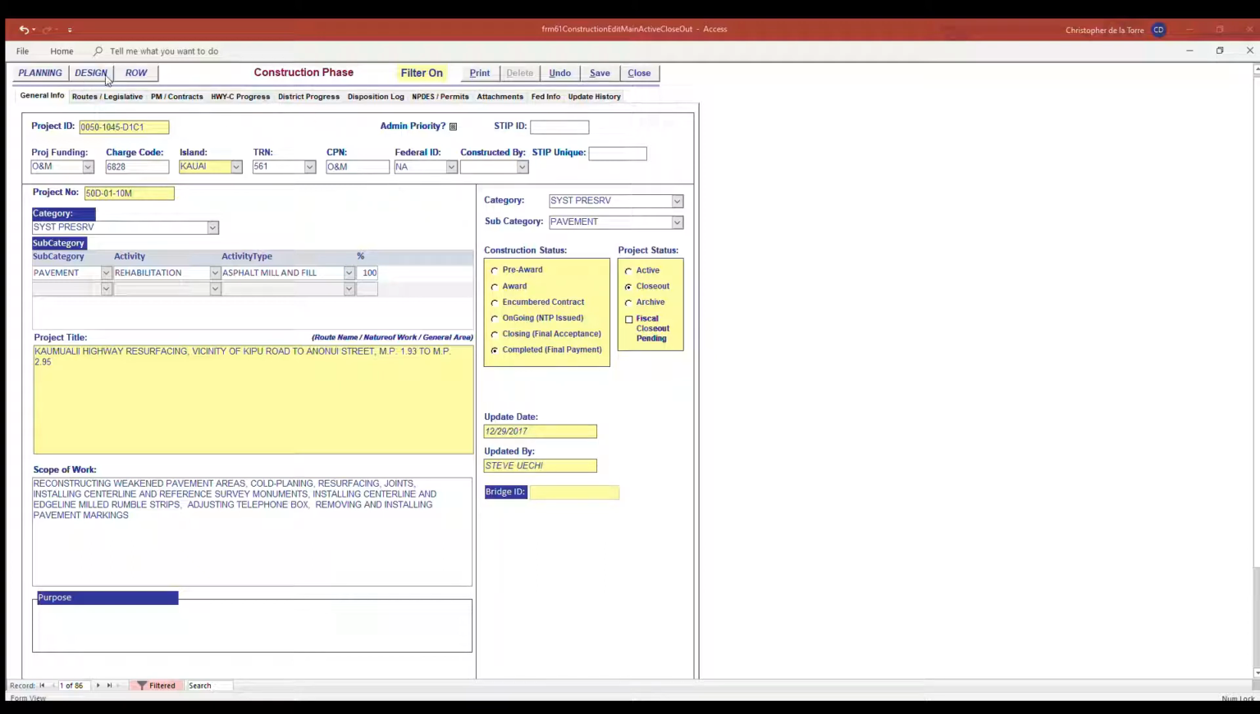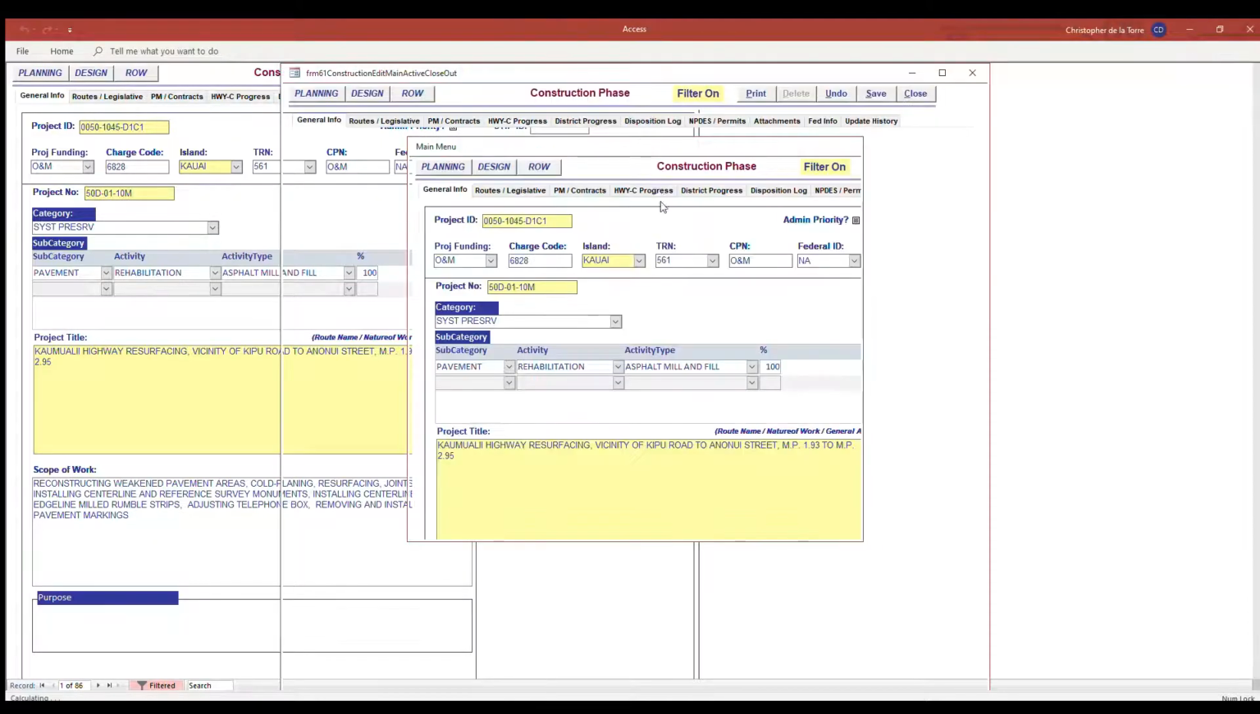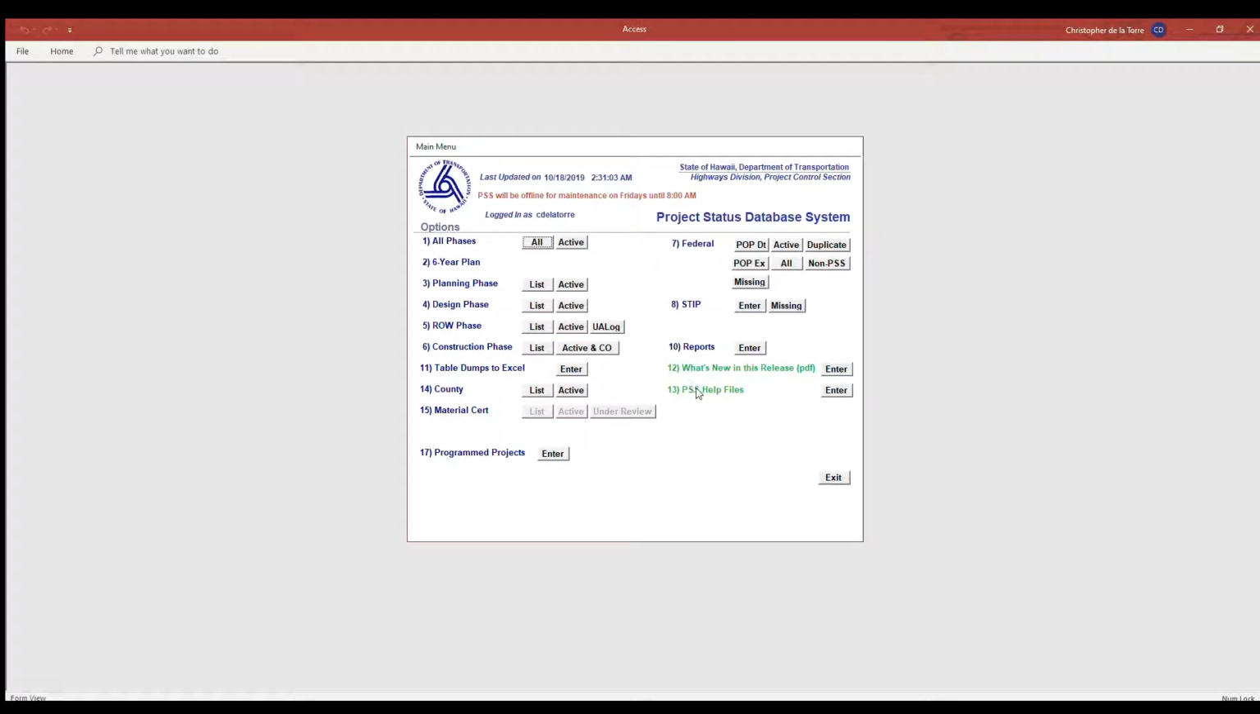The gray buttons at the top allow you to jump to other phases of this project if you wanted to find out about planning, design, or right of way. But for construction, this is all related to this project record. So who is responsible for which fields and when? A complete breakdown of the PSS responsibilities is in menu item 13, and I can show you that real quick. So in PSS help files,